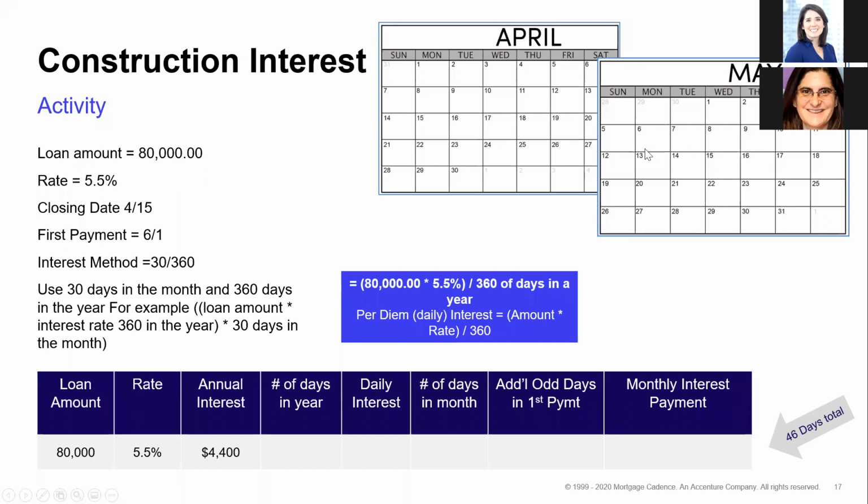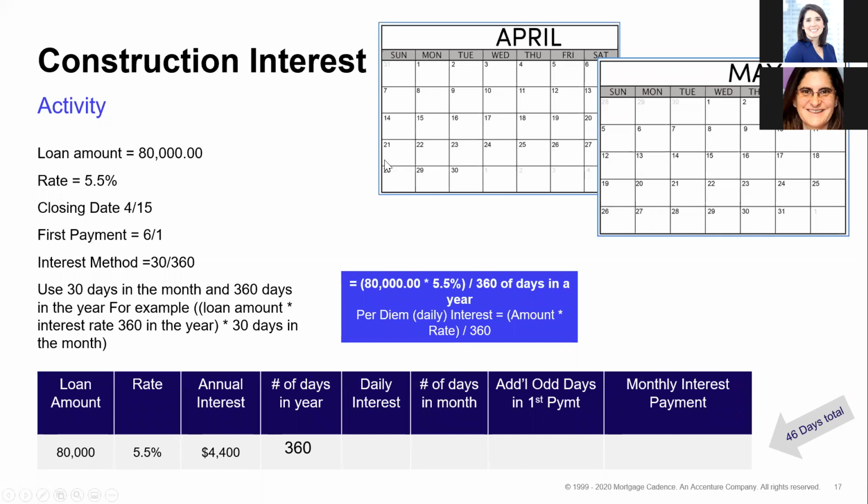And with construction, it gets really confusing because it fluctuates. So what if they had a draw here, and the rate changed on the 15th because the rates went up? The way I do it is I make a little column of where the draws are, where the rates are, and then I calc each one of those for the number of days individually, and then add them all up when I'm figuring out the payment. Because you really have to watch both the draws and the rates for that.